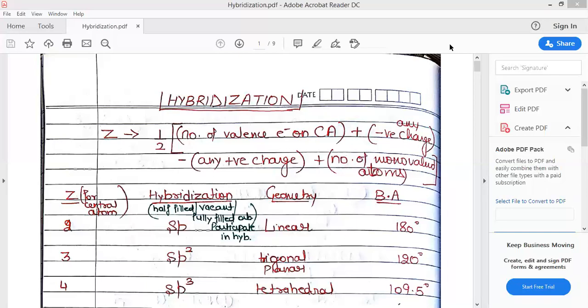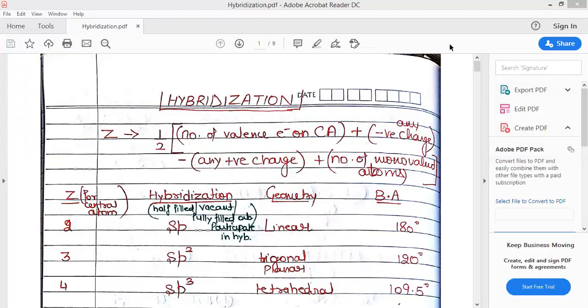So first we are starting with the shortcut to calculate the hybridization of any molecule or any molecular ion. Here is the shortcut. First we'll locate which is the central atom in the molecule. The central atom can be selected based upon the rules discussed while drawing the Lewis-Dot structures, as discussed in our previous video, which I have already shared with you all.